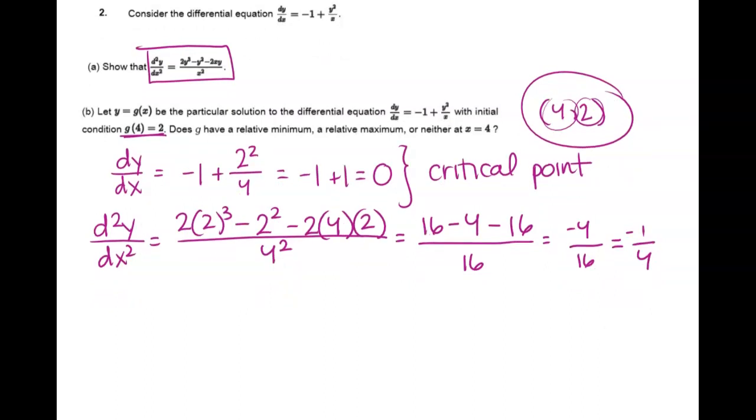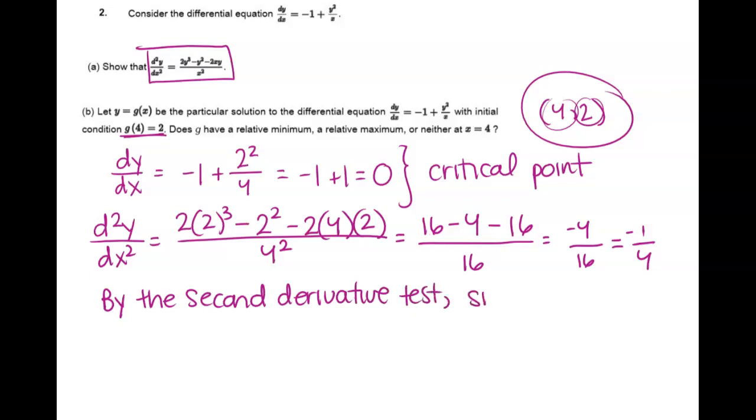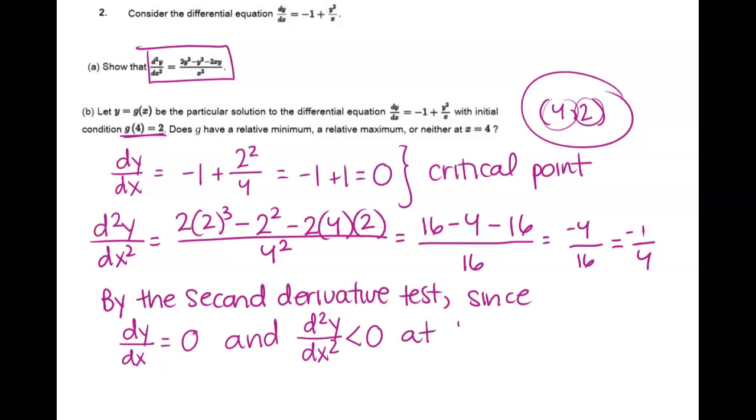So now we know it's a critical point. We know the second derivative is negative. So by the second derivative test, it's a long word, since dy/dx equals 0 and d squared y over dx squared is less than 0 at the point